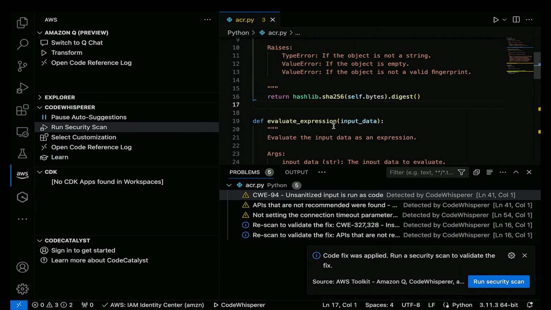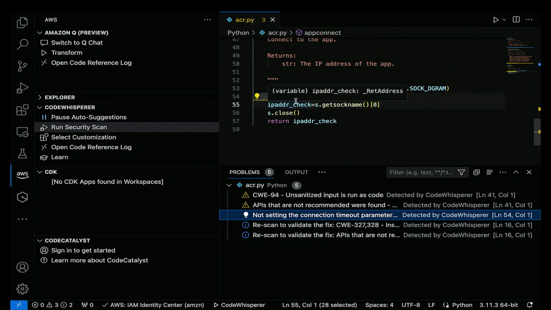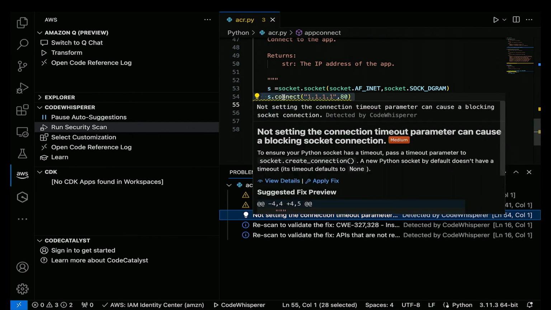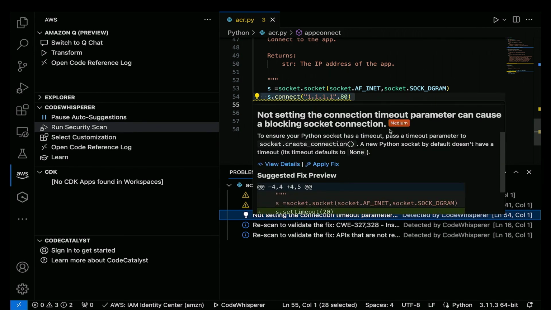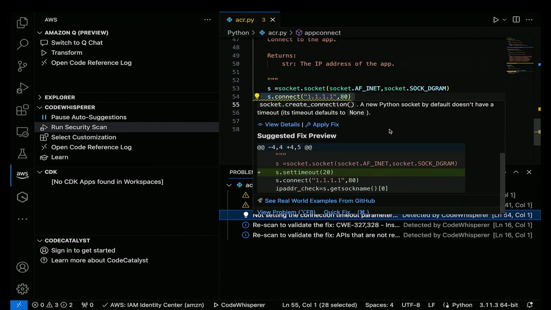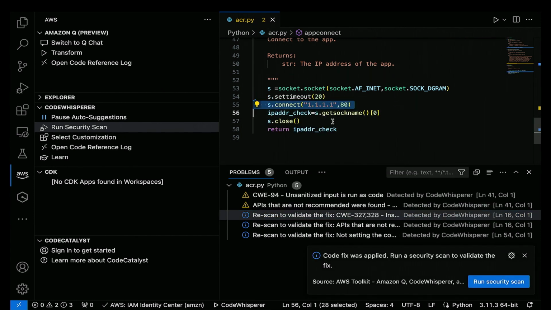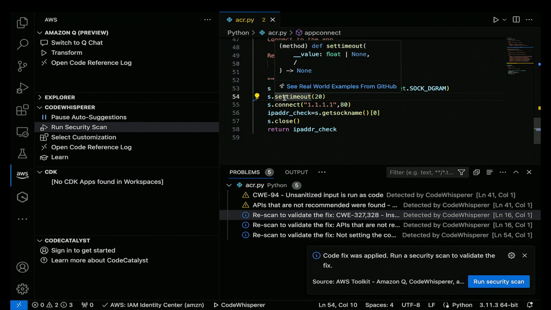Now, in this case, I've got a few other errors, so I would go through and check those errors as well. So I'd say, let's see, not selecting connection time, whoops. So I hover over it, and it tells me I'm not selecting the connection timeout correctly, and then it just tells me to add a set timeout property. So I say, OK, I'll just apply that fix. And that code gets written into here. So you can see now line 54, there it is.